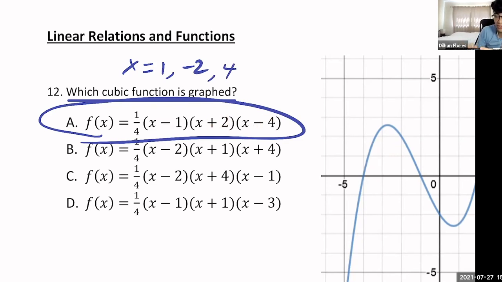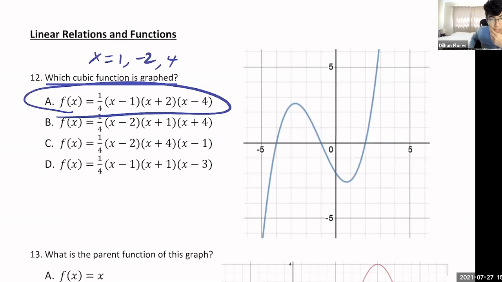Because we're just flipping all these signs. So to test if this is accurate, all we need to know is, does the graph cross at +1, -2, and 4? Is that the case here? Do we see that? Y or N in the chat? So are the x-intercepts 1, -2, and 4 if we're testing A? Yes or no? And look at the graph carefully. The intercepts are where the graph crosses the x-axis, okay? Let's see. Y or N in the chat. We'll wait.